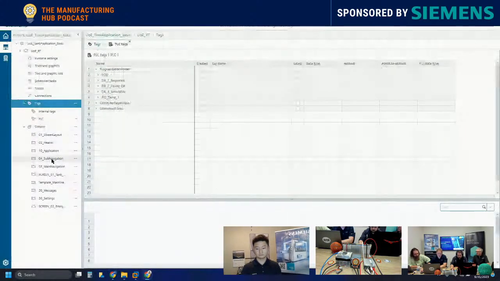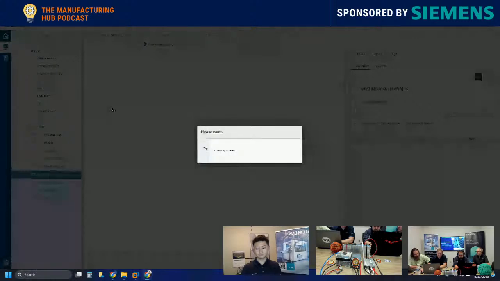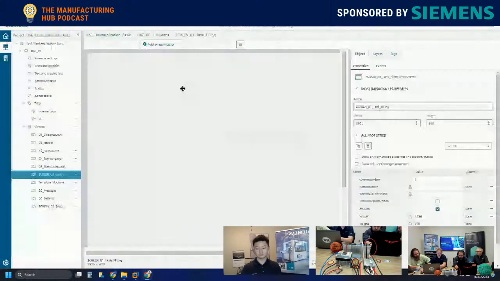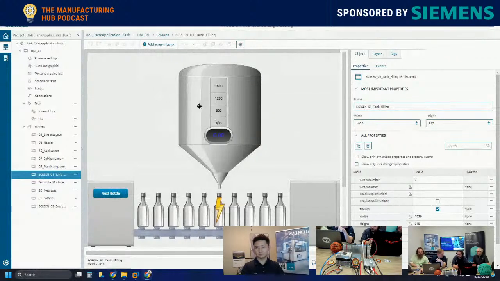I have my ability to build screens just like everybody wants to be able to do, but I'm doing it on my Edge device. And I actually have the choice of doing it here on my Edge device using this online engineering tool. I also have the ability to use Unified and do it inside of TIA Portal. So you can export what you build in TIA Portal into this. No, I can use a screen that I have already built inside of TIA Portal,